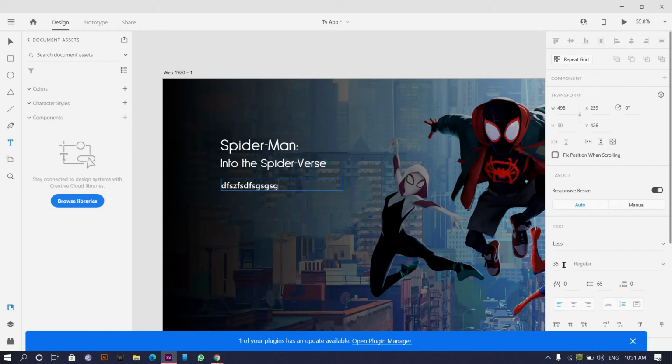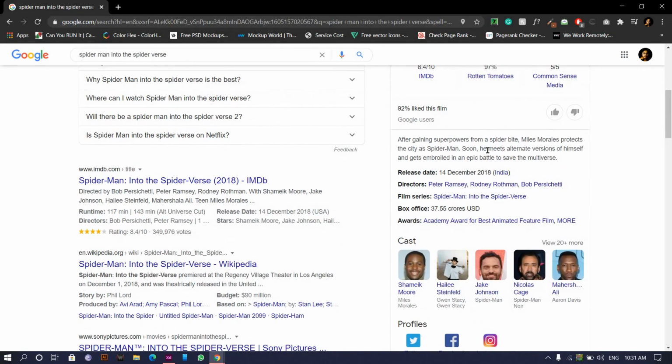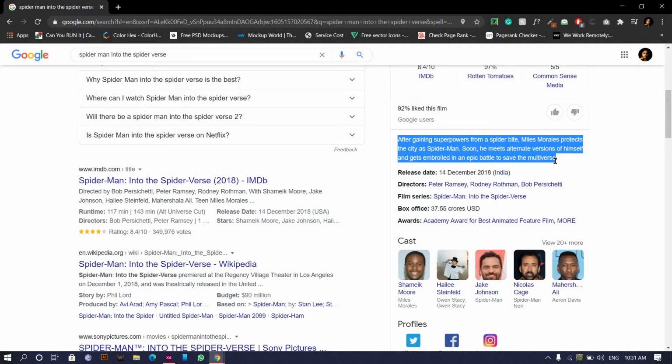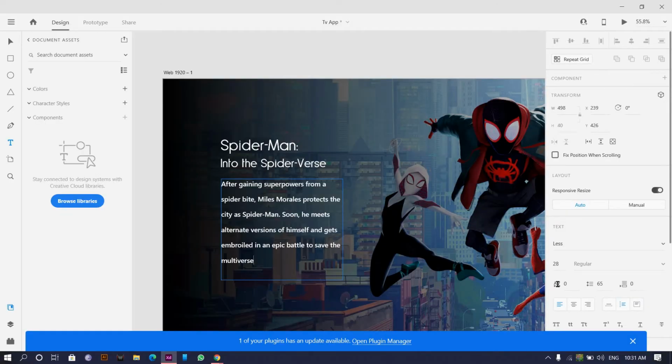Okay, I'll go with less, and I'll change the font size to maybe 28. I'll have to select everything and make 28. Okay, I'll just go to the web. I'll go down here after gaining the superpowers, blah blah blah, Control C and then Control A, Control V. So we have this. I'll just reduce it to maybe 34,